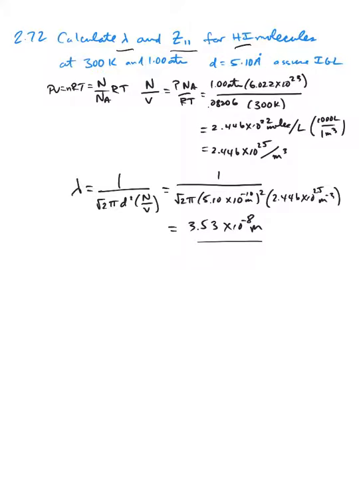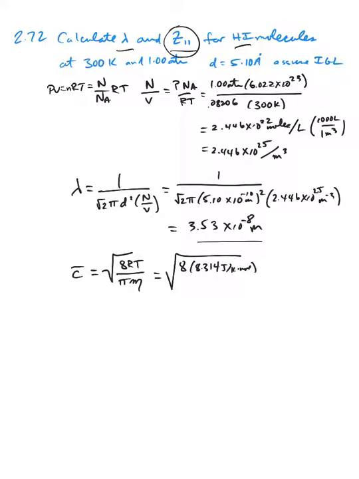If you want to calculate what we call the binary collision frequency, I need to get the average speed. Remember, we had 3 different kinds of speeds. We need the average speed in this equation, which is 8RT over pi times the molar mass. This time I'm going to use the energy version of the gas law constant, 8.314, just a reminder, joules per K per mole, times the temperature of 300 K,